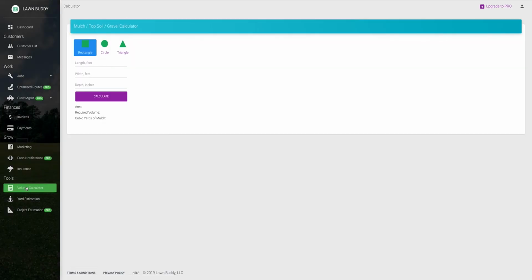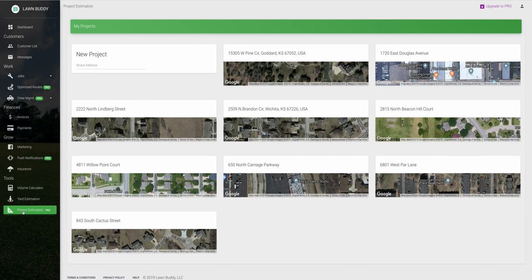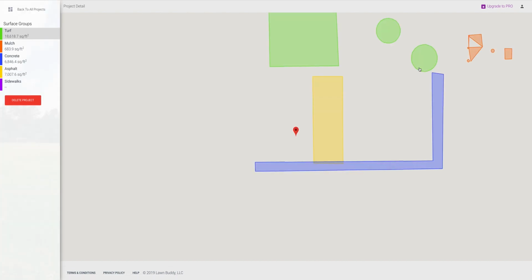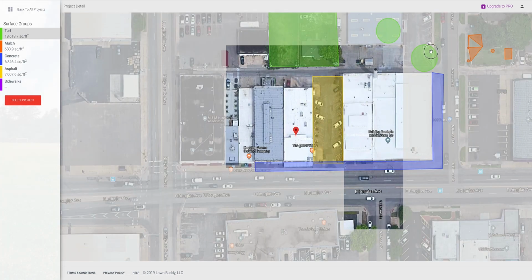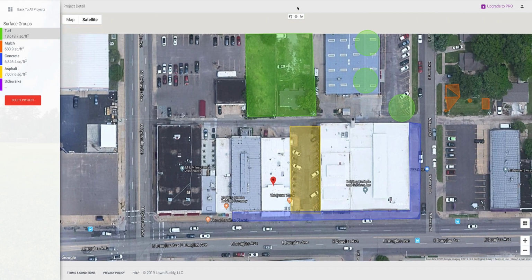Here you'll see a volume calculator, help you calculate stuff as far as how much mulch you need, anything like that. And then down here is the project estimation tool. This is a great tool that allows you to map out different projects that you're doing for different clients and get very detailed. So you simply have to select the area that you want to measure,